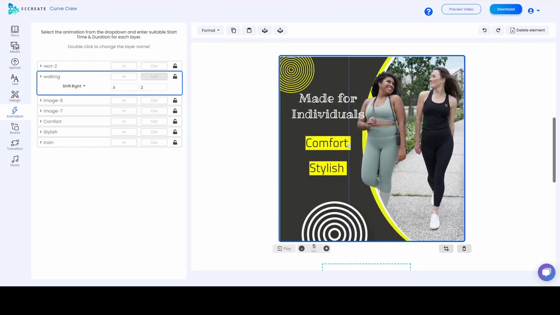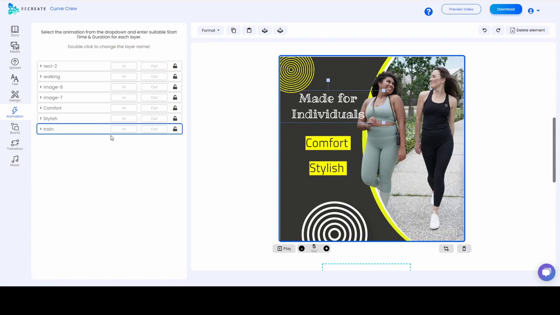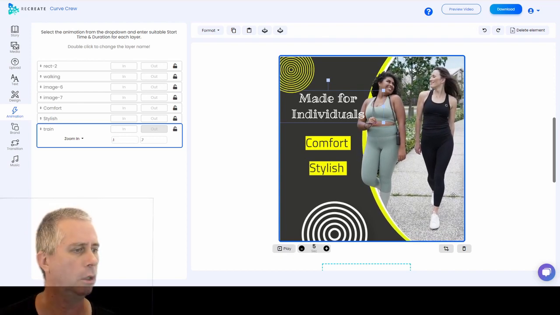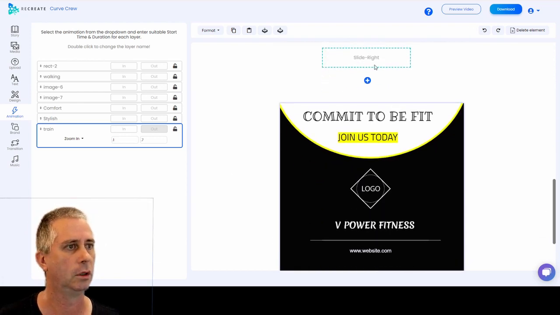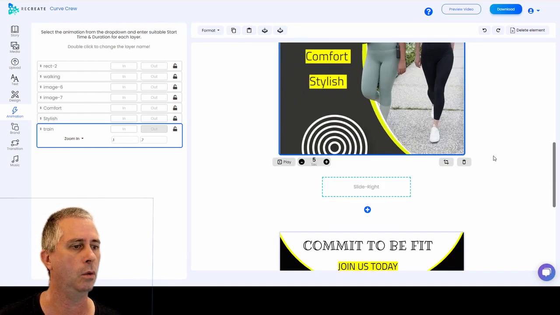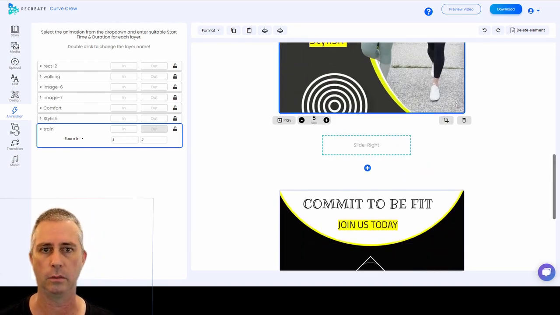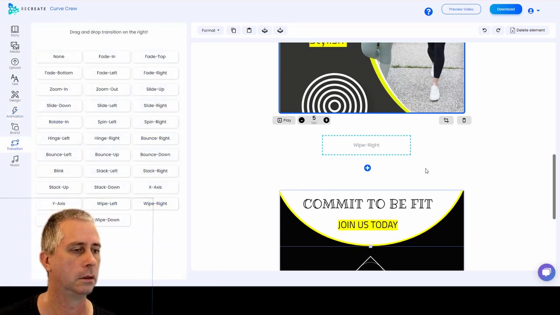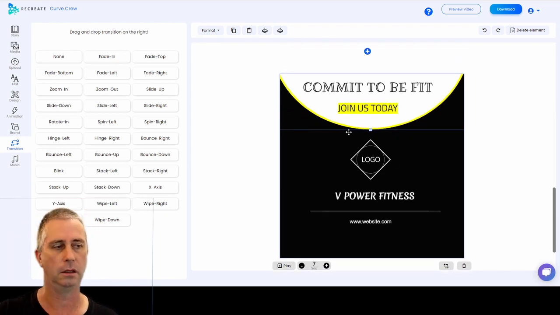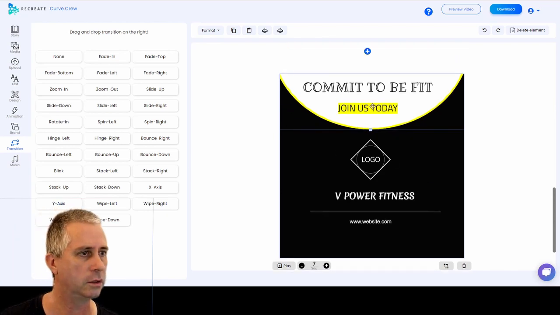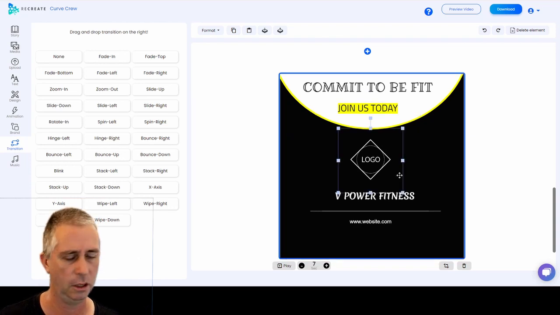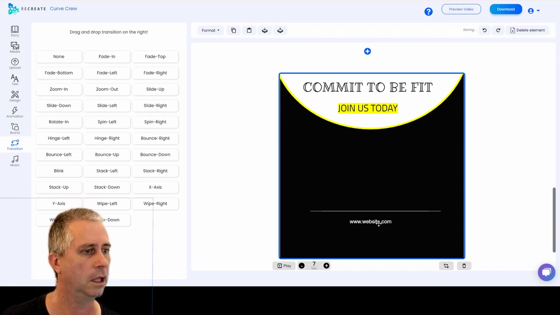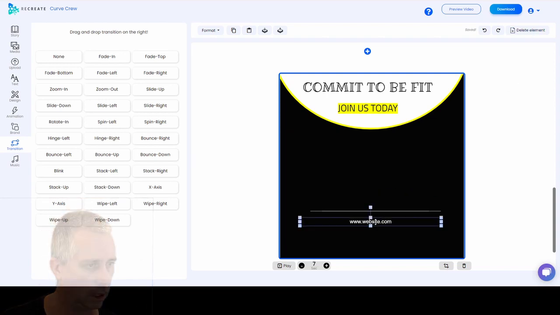And I want this made for individuals one to be coming in a lot better. That's just much better. All right, now on to the last one. Slide right. No, I don't want slide right. I want wipe right for this one as well. So go down to transitions, wipe right. And then this is their words. I'm going to get rid of that. Get rid of that. I'm going to keep this, but I want it to be